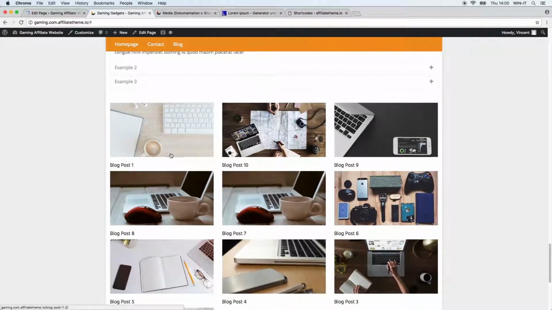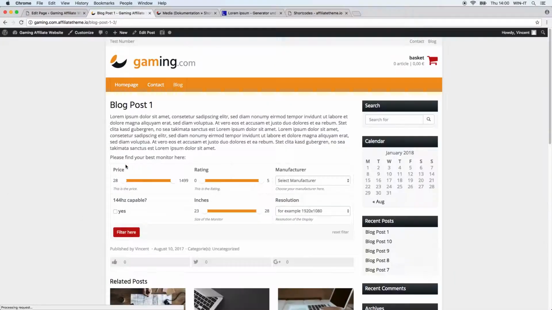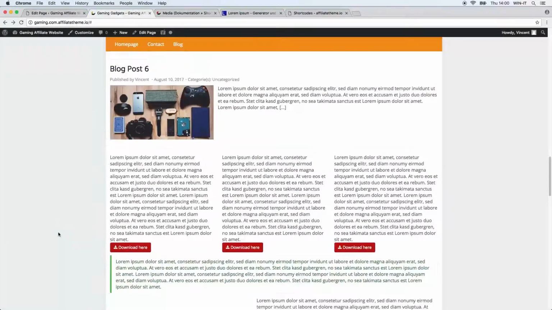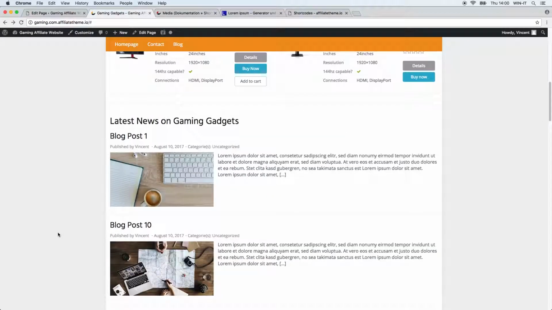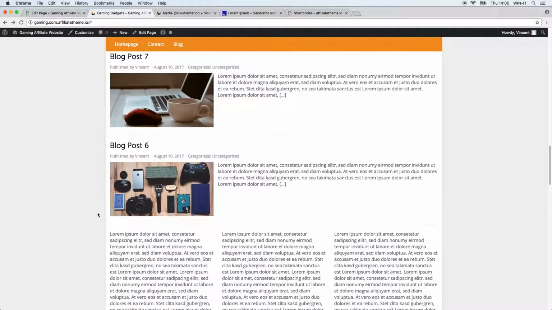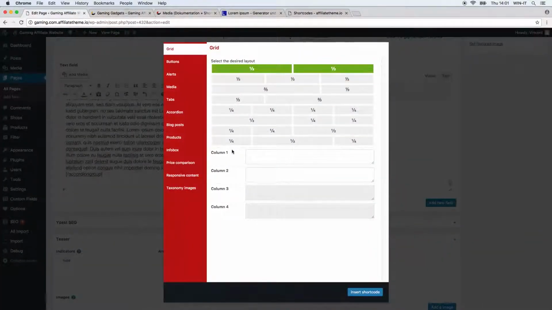And you can see that now the blog posts are displayed in a grid layout, and if you click them, you go right to the blog post itself. If you want to see just how this regularly looks, this is when you insert the simple list of posts. I personally prefer this, so you just have a classic list of posts as you are used to from WordPress blogs. So now let's move on to the most important shortcode we have in this list, and